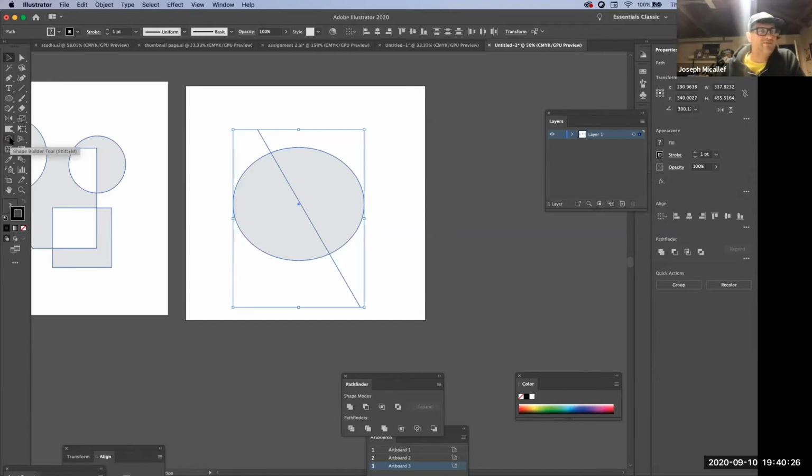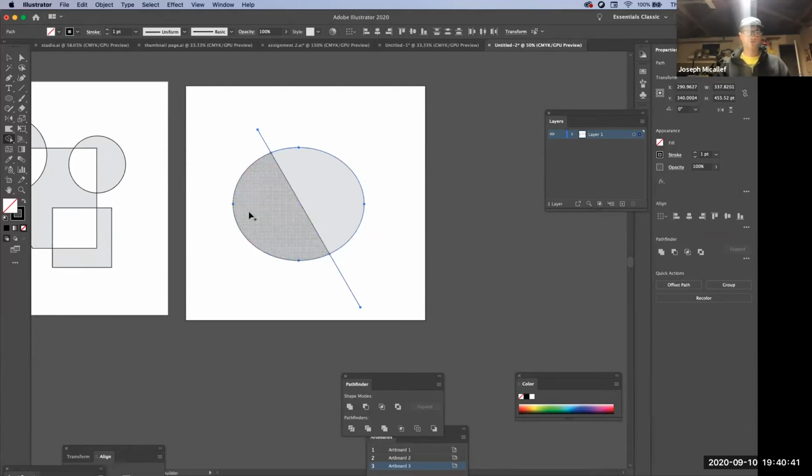Shift M is the keyboard shortcut. I'm going to select this tool here. And the way that this works is when you hover over something, it will get highlighted, so you know it's working. If you just click once, and I'll click again on that other half,